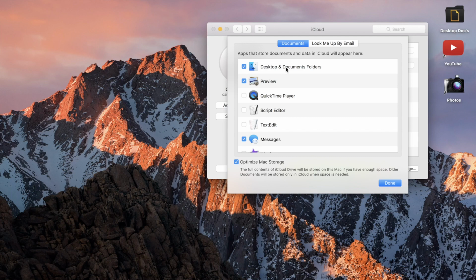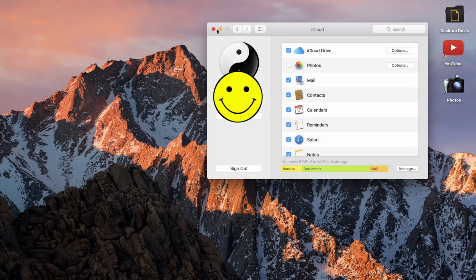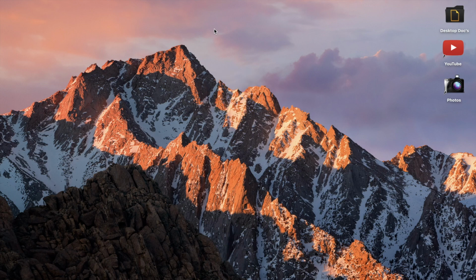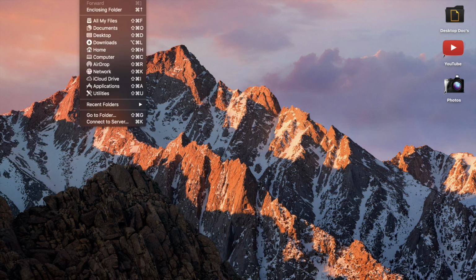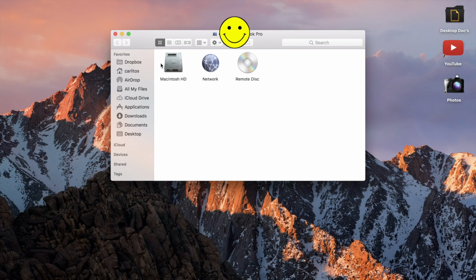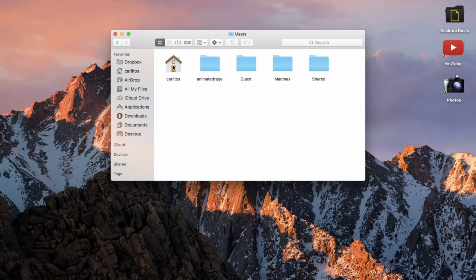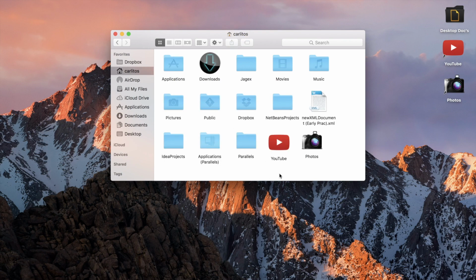So if you've got desktop and document folders ticked because you want to have those backed up so you can access them on your phone or on the go or in case of an emergency, what I do is I keep that selected. I click done and I get out of system preferences. And then what you want to do is you want to actually access your users. So by doing this, you can go to Computer, under Go in Finder, go to your Macintosh, go to Users, you go to your main user for this account that you're on,